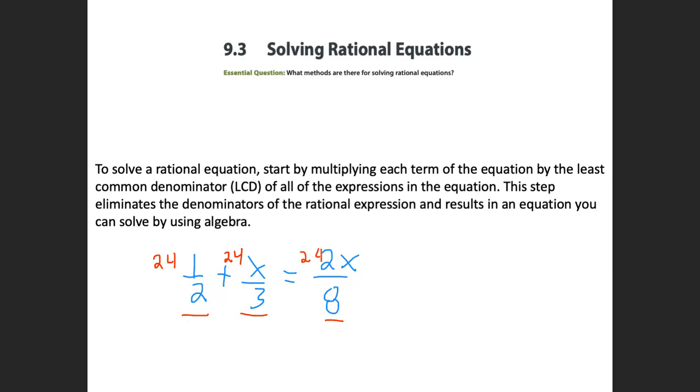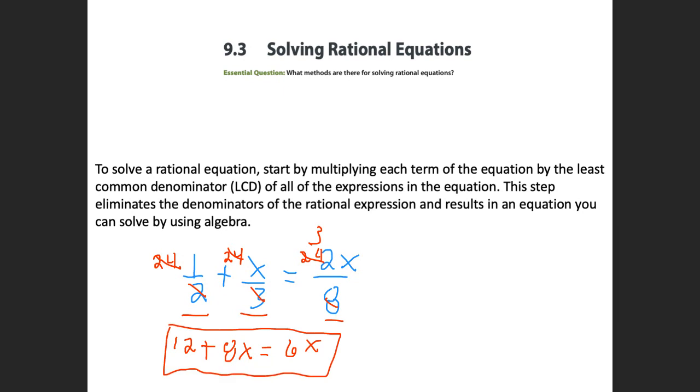And why am I doing that? Because look what happens here. If I divide this out, 2 goes into 24 12 times, so that's 12, plus, and 3 goes into 24 8 times, so that gives me 8x is equal to, and 8 goes into 24 3 times, so that gives me 3 times 2x, which is 6x. So now I have a new equation